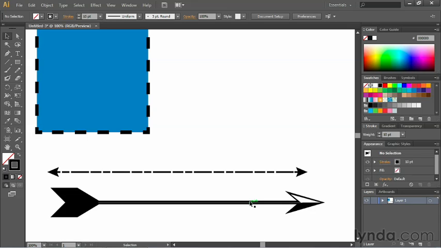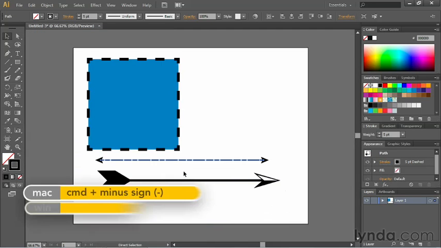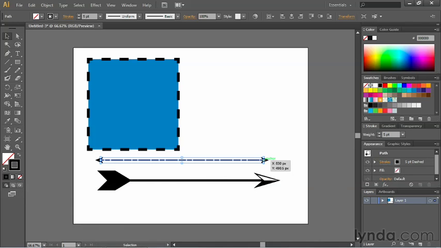The best part about using the arrows and dashes inside of Illustrator is anytime you resize or change the object in any way, the arrowheads and the dashes automatically change with it. Let's take a look. If I select this and resize this square, the stroke and the dashes scale proportionally with it. Same thing holds true here. If I zoom out a little bit, watch what happens when I shrink this line up. Normally, you would expect these arrows to become smushed, but if I drag it to the left, the arrows maintain